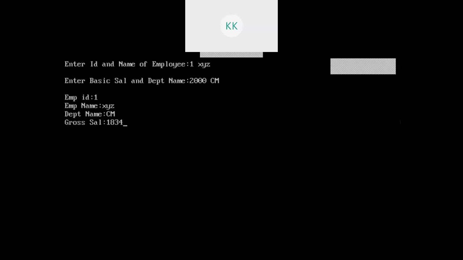Okay, so enter the employee ID, and name XYZ, and basic salary, let's say 2000, and department name is CM. So now something is wrong. The gross salary is not calculating properly.